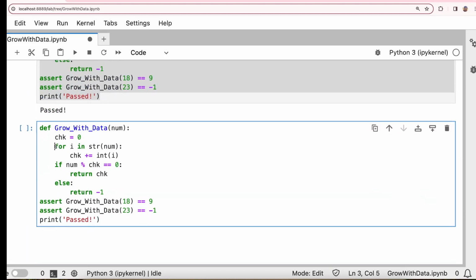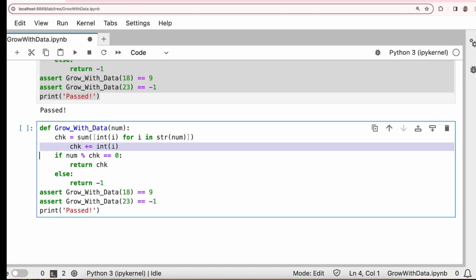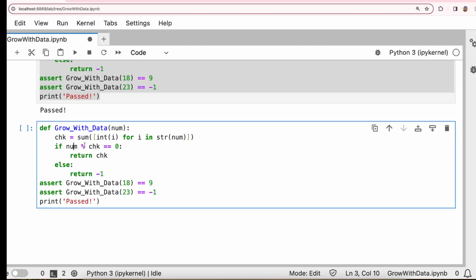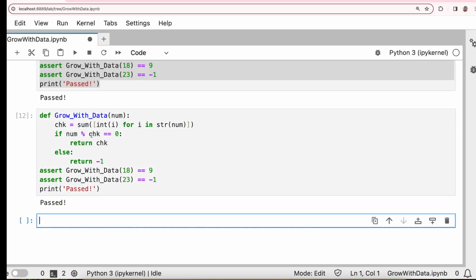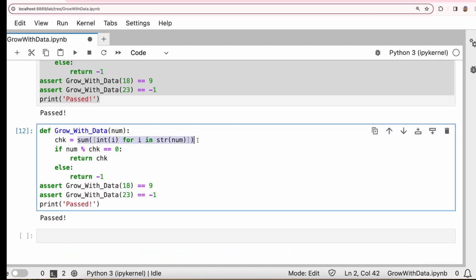So here we are going to convert that to int(i) for i in the string, and then we take the sum into the check variable, and then we say if the number is divisible by the sum of digits, then you return it. So instead of going for an if loop, we can go with list comprehension, and the if condition stands out here.